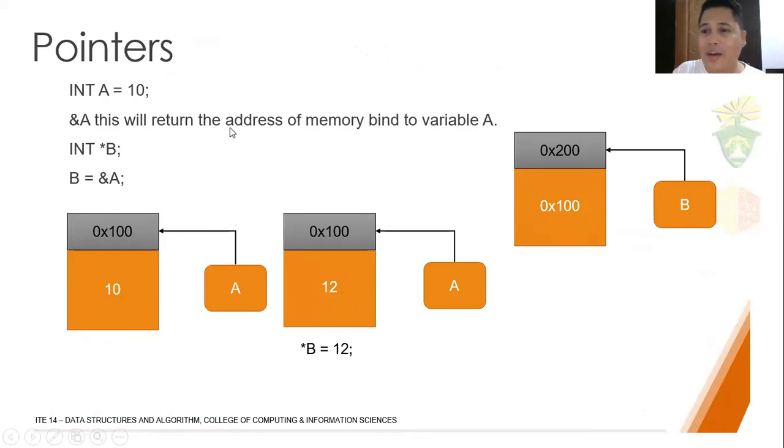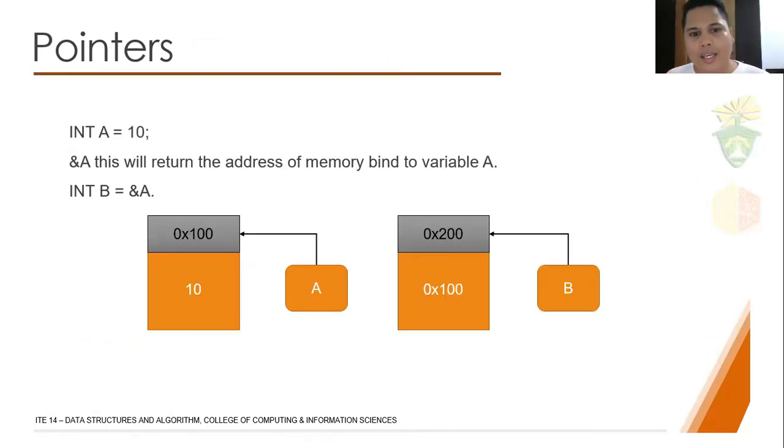So let me first define what pointers are. When we talk about pointers, a pointer is another special variable. Based on our illustration here, by the time we do not use pointers, the value in the memory address of A will be treated as just another integer value. Meaning, if we do not use pointers, if we just declare int A or int B, then assign the address of A to B, B will treat the address